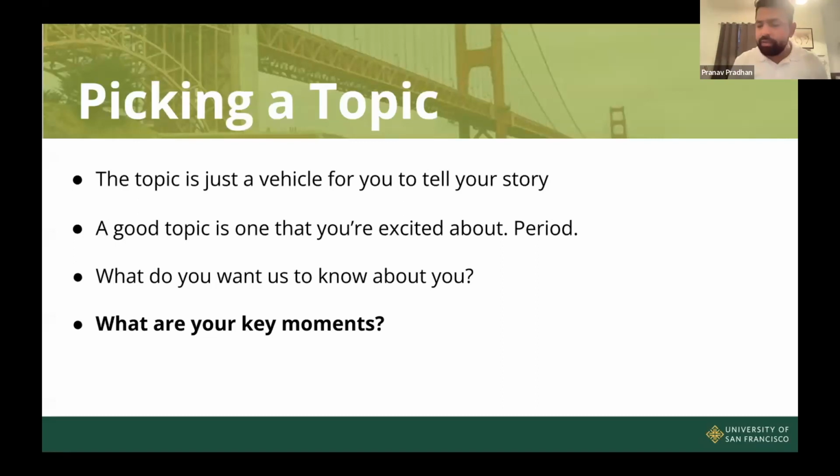For example, you want us to know that you're good at physics. Okay, you want us to know that you played cricket a lot. You want us to know that you've been doing really, really well while learning a certain instrument. Just write down these things about yourself and highlight them in a way where you want to check that, am I conveying all of this information through my application?